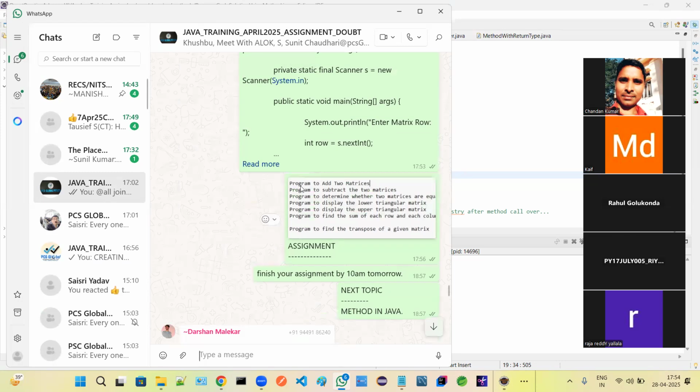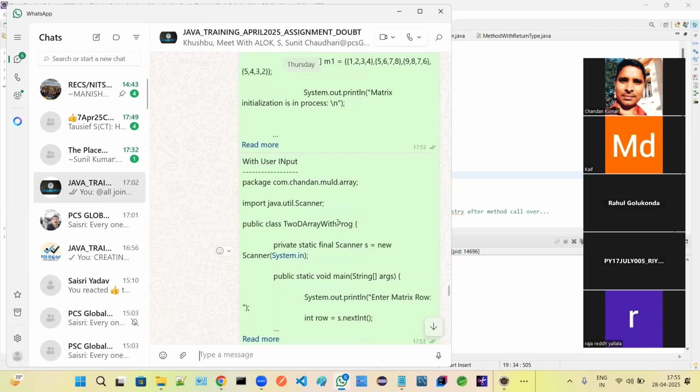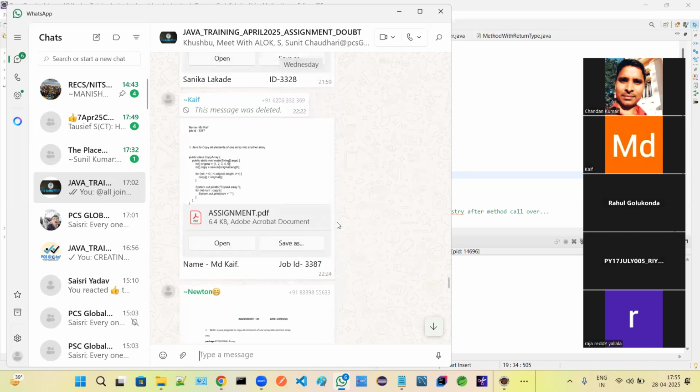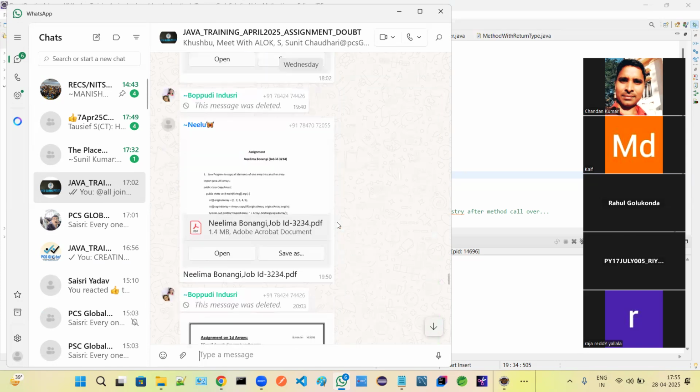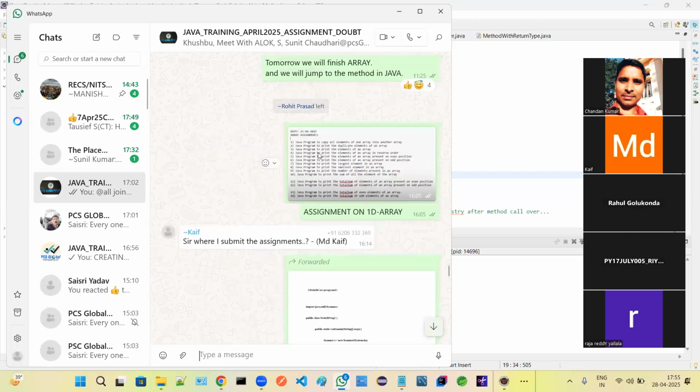Addition and subtraction of matrices, you can perform it, but it will be complex to perform using methods. So leave the matrix or 2D array. Just try to achieve it using the single dimensional arrays whatever you have completed now. All these assignments you complete with